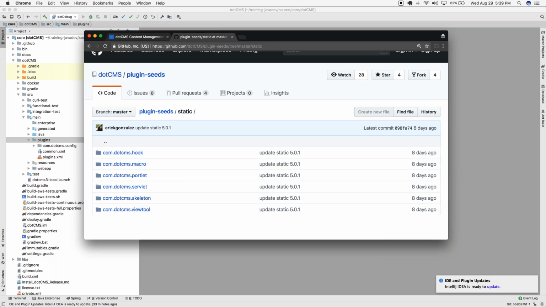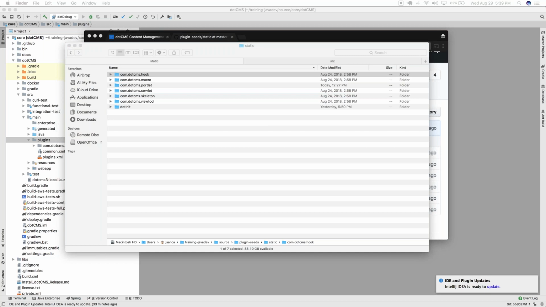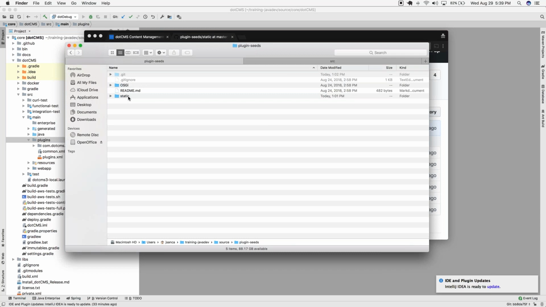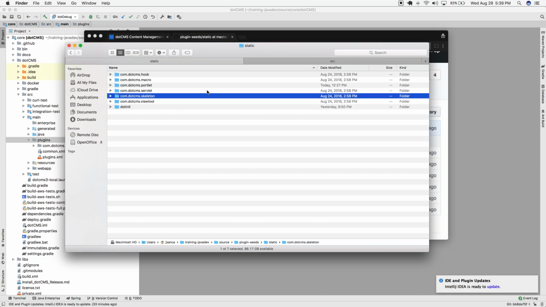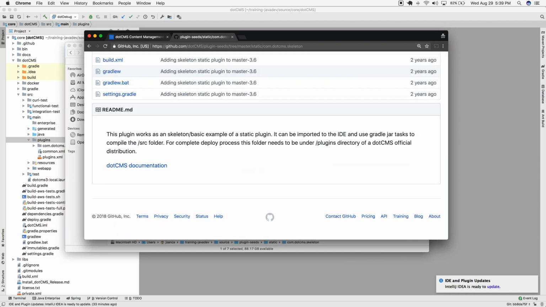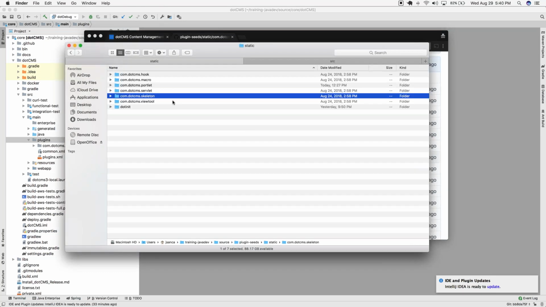But by now, I already downloaded this code. So I already have here all the plugins project. So here there are the statics, and there is one of them which is called the skeleton. We can open here the skeleton, and the skeleton is basically an empty project to start making your own things. It's like a template or something like that. So what you can do is you can just copy this one,